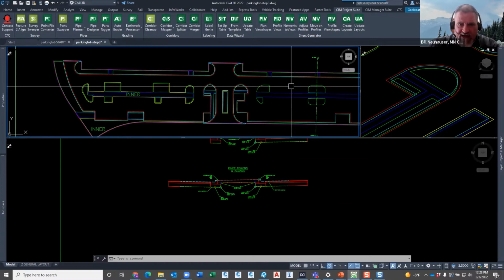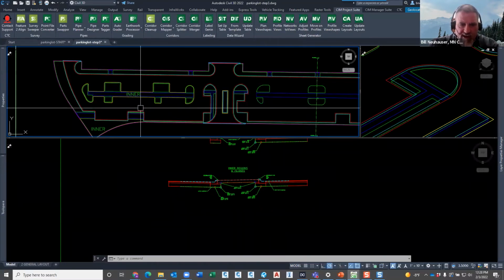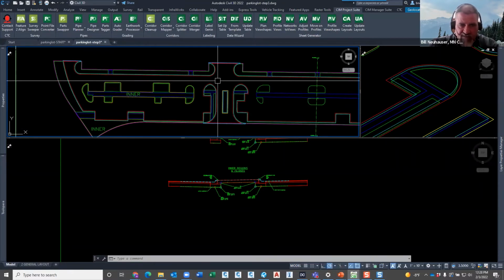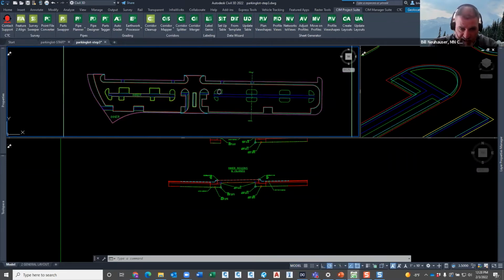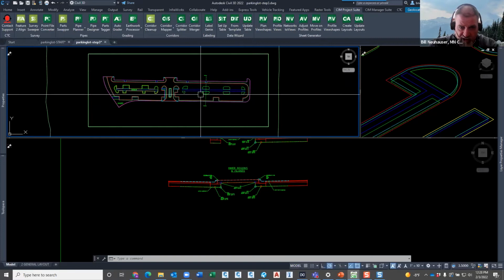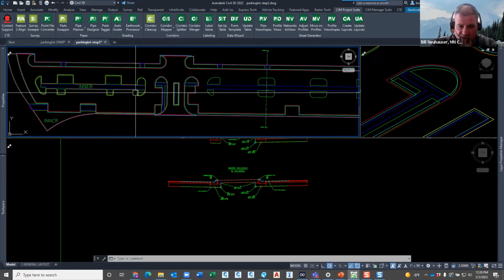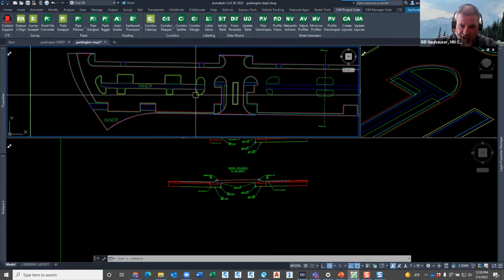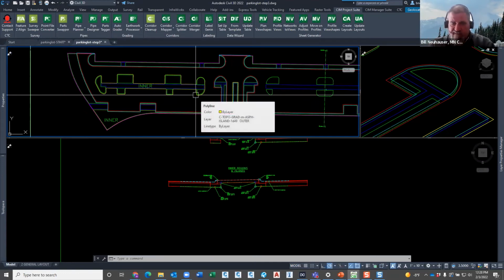So I've got a lot of individual regions going on here. It's not like I can easily say, well, this is all asphalt and this is all sod and we're done. No, this is getting more complex. Can you imagine doing the whole parking lot I showed you? There's a lot of stuff going on here. And so this time that I'm spending here to get this set up on a typical parking lot,